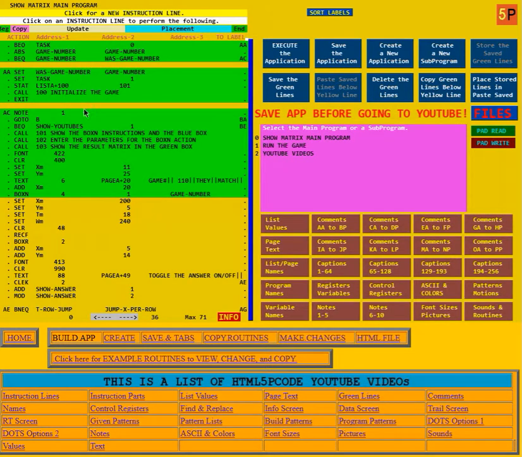This is the video for the main program of the Showmatrix game. The first line says if task is equal to 0, go to AA. The task is equal to 0 when the program starts, so it has to go to AA to initialize the game. Well, next it says put the absolute value of game number into game number and branch if the game